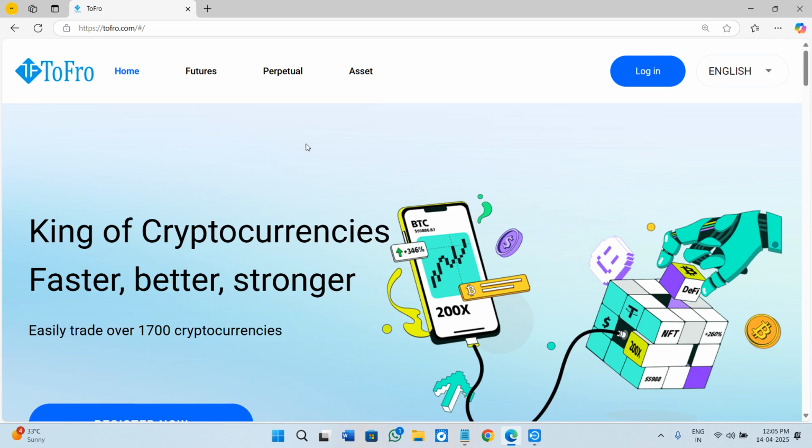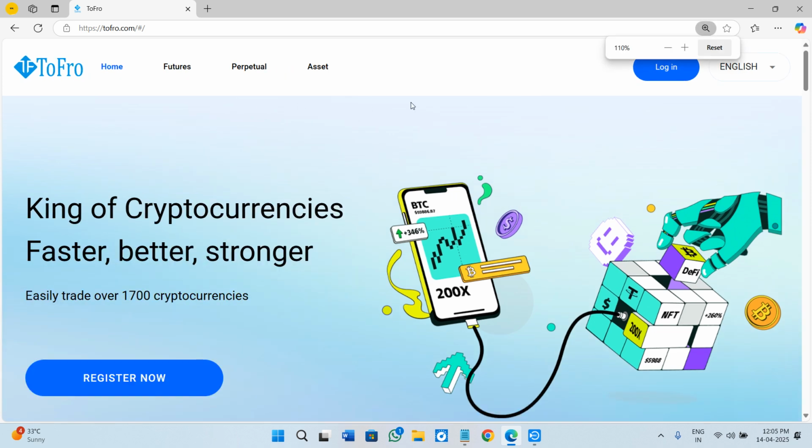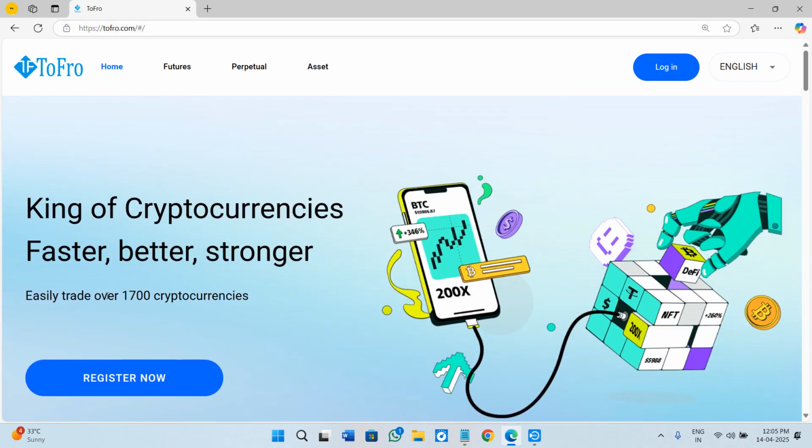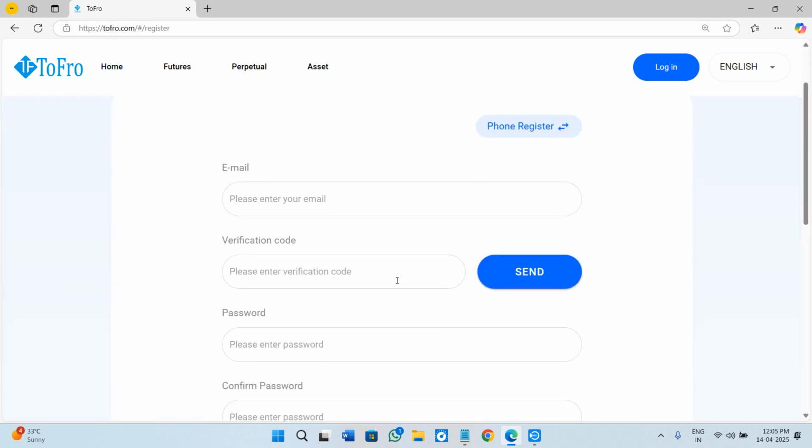In today's video, I'm going to show you how to create an account on Tofro.com. In order to do it, first of all, you will have to open your web browser, and here in the search bar, you need to simply search for Tofro.com. Now, once you are on Tofro, you will have to click on register now, and then you will be landed